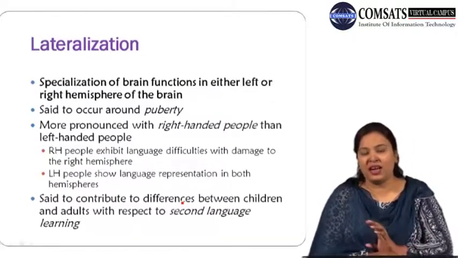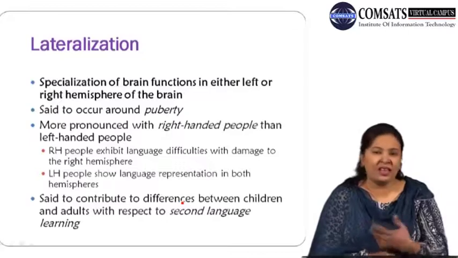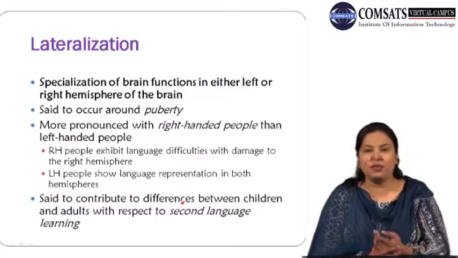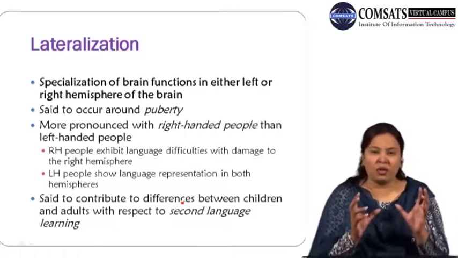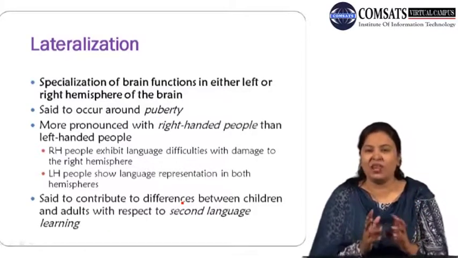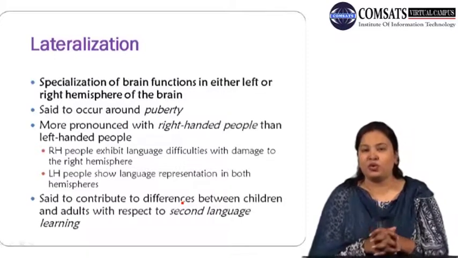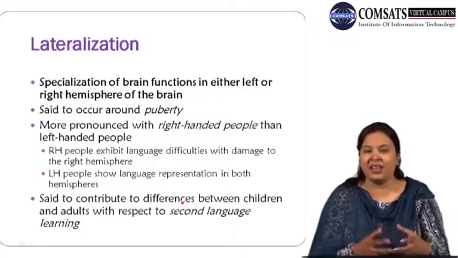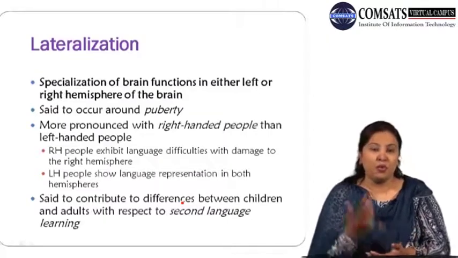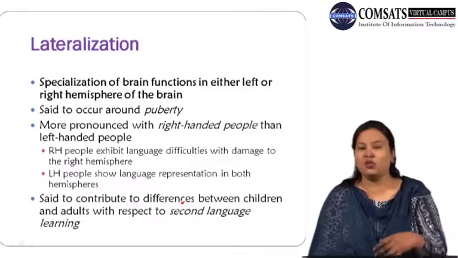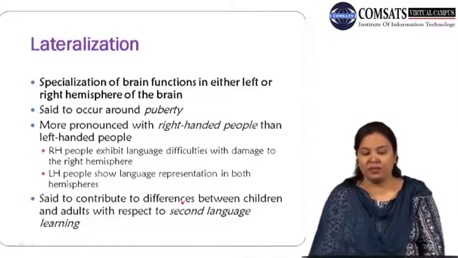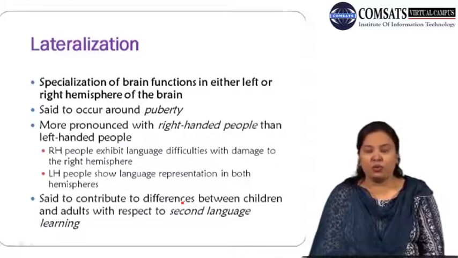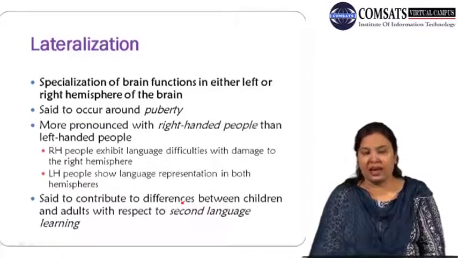If their right side of the brain is damaged, they keep going smoothly with language, because the other part of the brain is working. But if both parts are damaged, then their language efficiency is damaged. So the left-handed people's phenomenon is more interesting, because they are using both hemispheres at a time for language. Lateralization is also said to contribute to differences between children and adults with respect to second language learning,